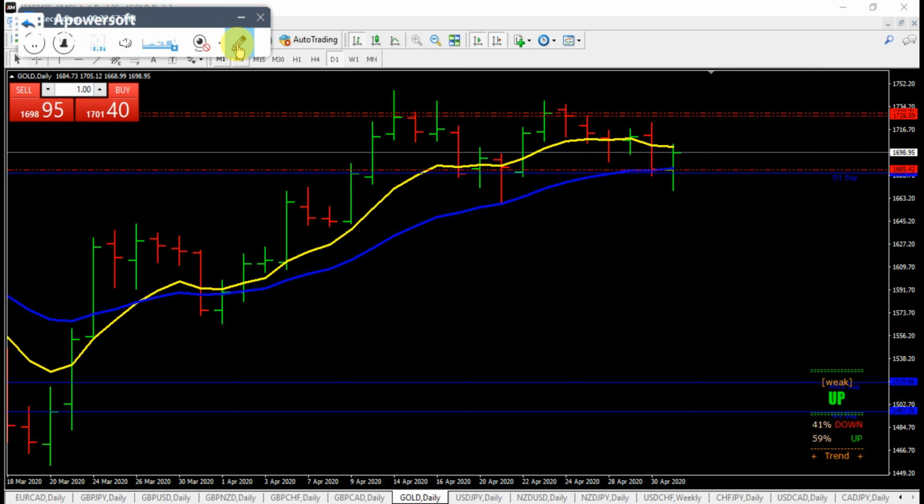So what I'm expecting from gold for the coming week, I'm going to sell the gold, but I need confirmation to sell the gold. Right now, as you can see, the trend is up. Let's move to